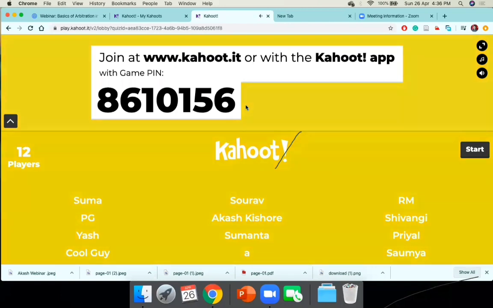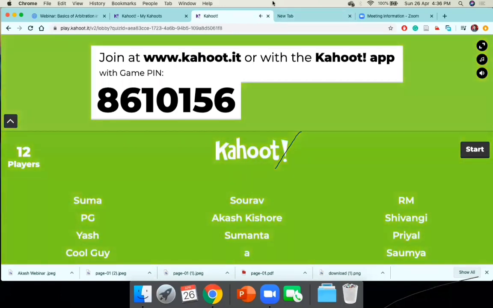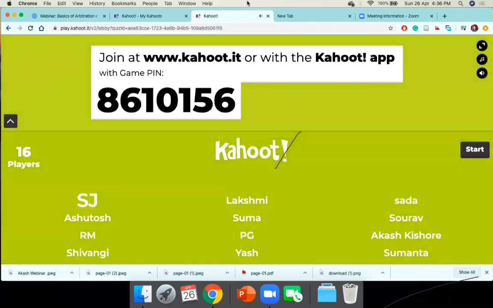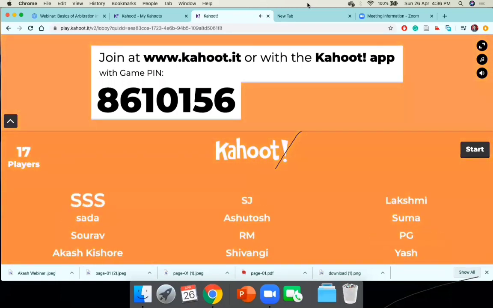For every question, you'll get 10 seconds to answer. The question will come on the screen, and it'll give you a few seconds. Then after a point of time, you'll see the options in different colors, and you have to answer from your mobile phones. You'll see different symbols for different options. Just look at the options and then answer, and you'll be fine. It's super easy.